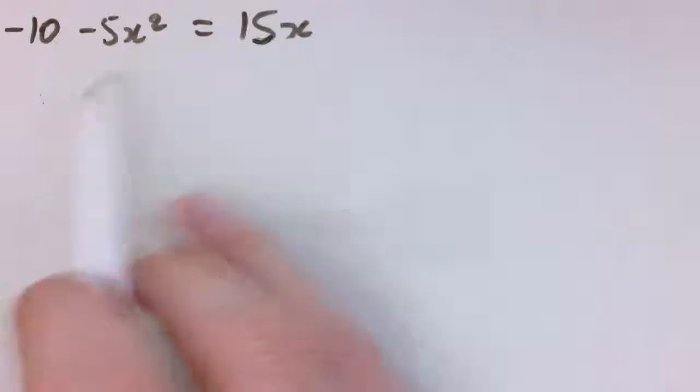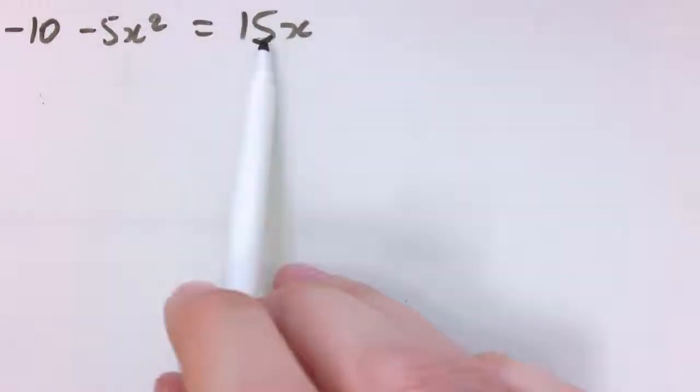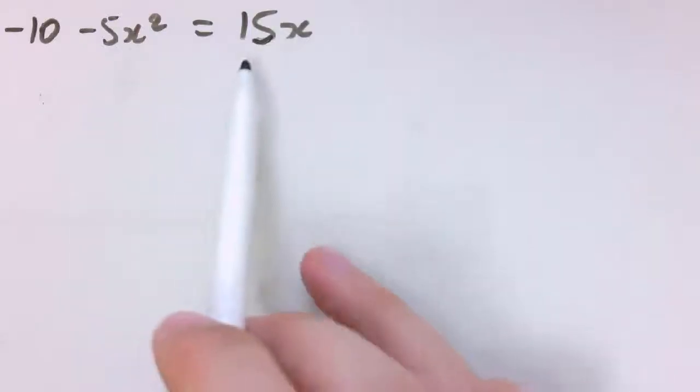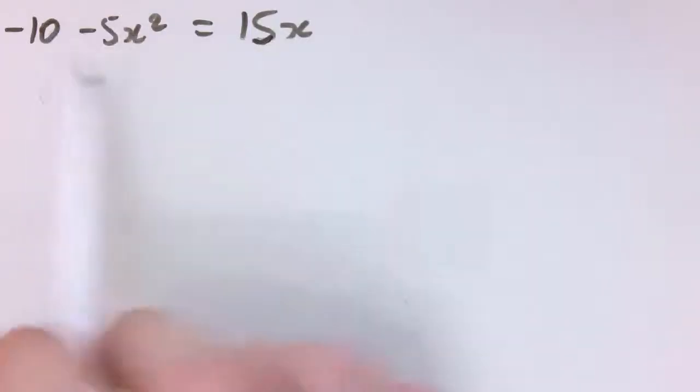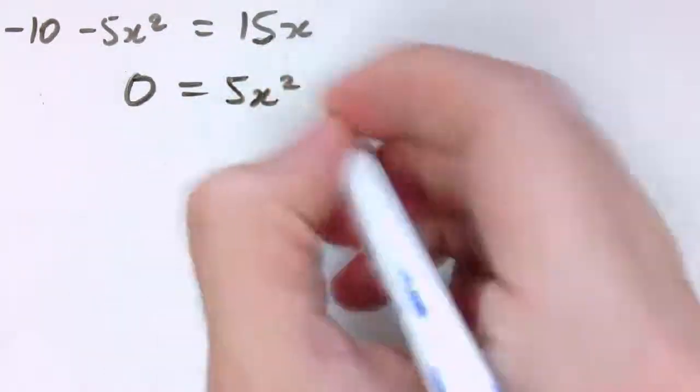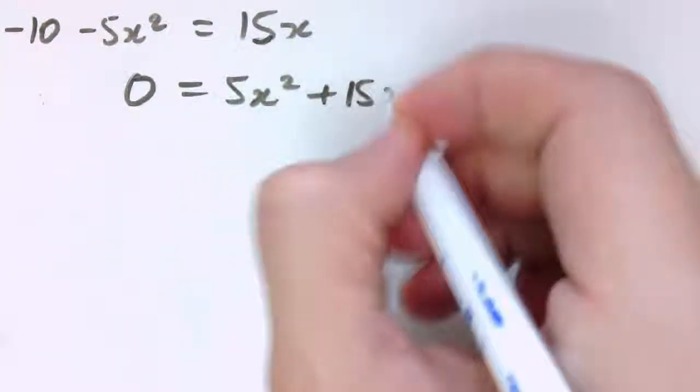Okay, one last example here. Minus 10 minus 5x squared is 15x. So you might say, well, it's easier to move things over here to make it all equal to 0, but actually because I've got this minus 5x squared, we usually prefer to have a plus x squared term in what we're looking at. So let's move everything to the right hand side, and that gives us 5x squared plus